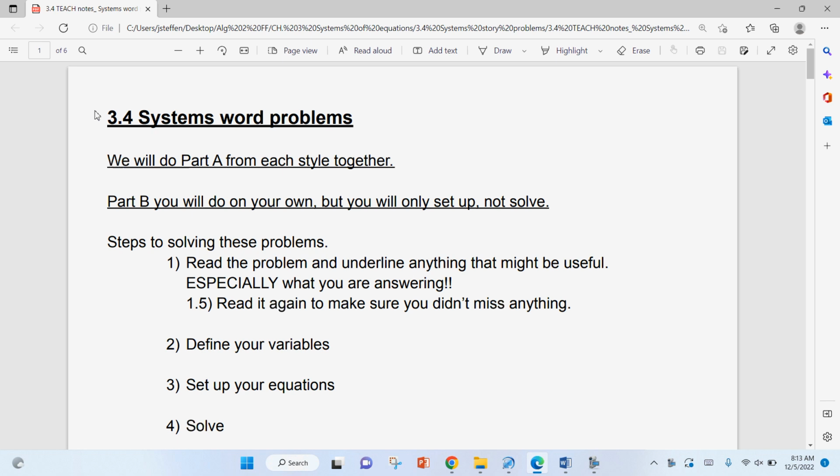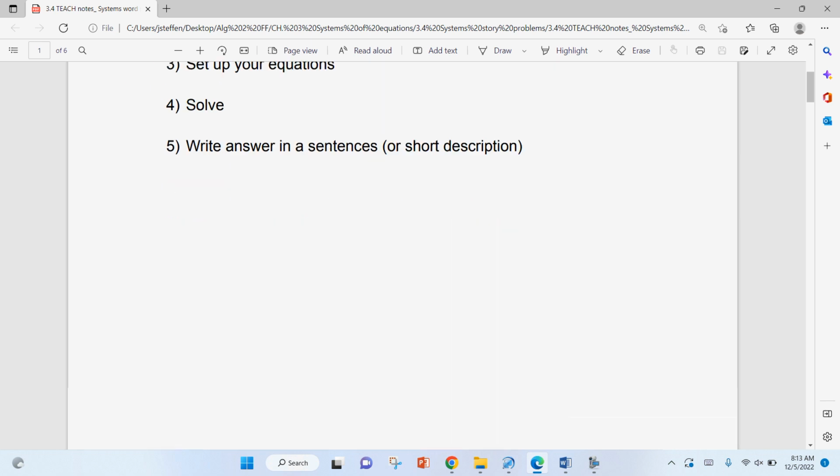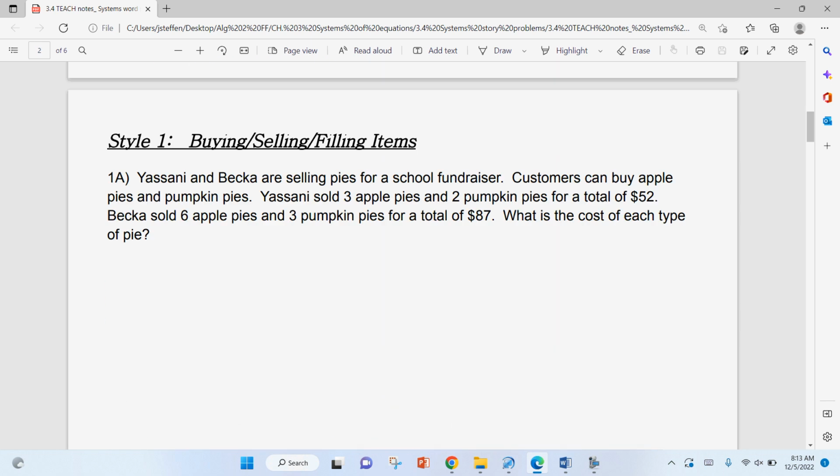Don't be intimidated by this. I wouldn't say it's easier than other word problems, but at least this one, I'm breaking it down into 4 different types. And everything that I give you on the test will be one of these types. If you look through your notes, I did a part A and a part B for all these, so 1A